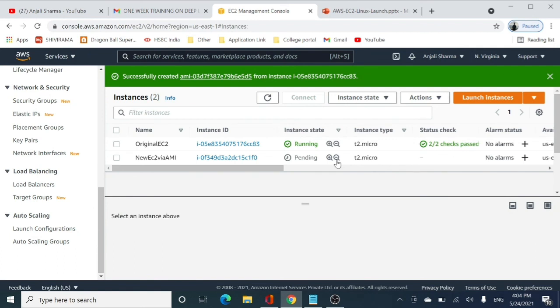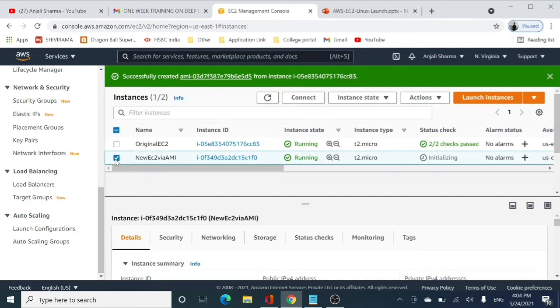And remember, I used the user data of Apache web server, and I checked that it was working fine, and I made an image of that, right? So this new EC2 via AMI should also have Apache web server installed on it, and let us see whether it worked or not. I will refresh it, and yes, now the status is running.